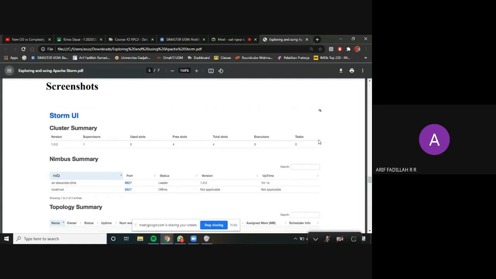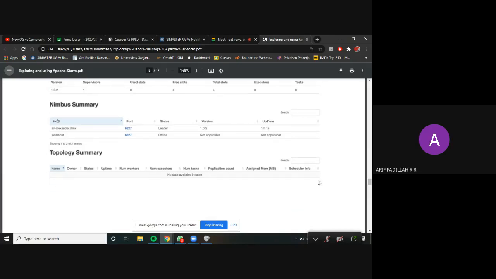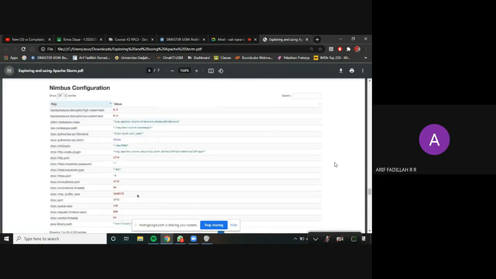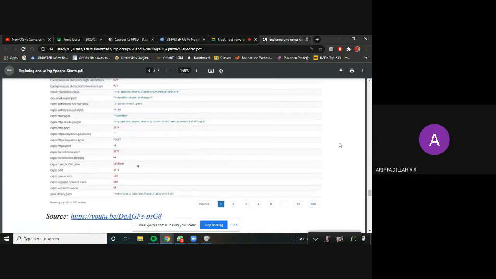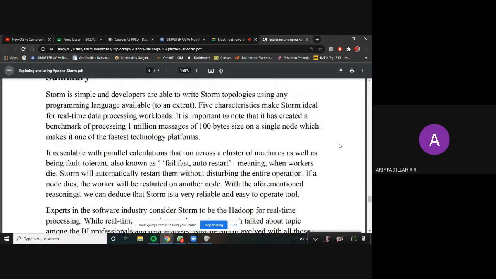So we just screenshotted random displays of the software itself. They give the summary of the cluster and the summary of the Nimbus process, and the topology is empty. And here's the Nimbus configuration.